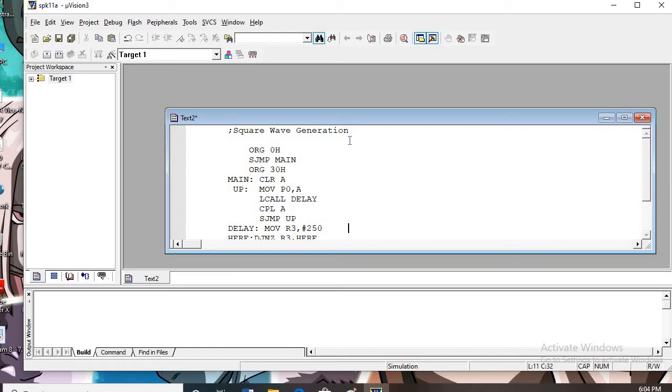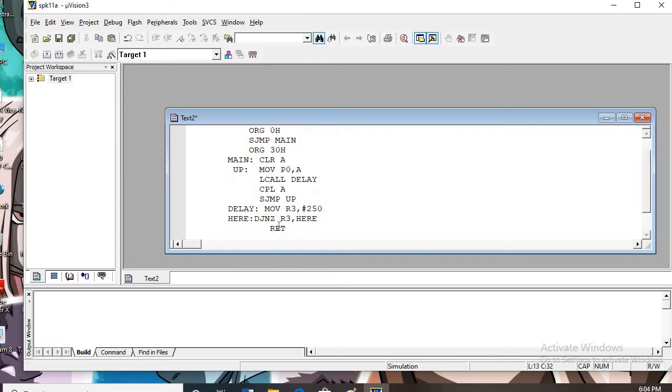Jump back to again copy those contents to P0. And I am writing CPL. So because of that, if earlier it was 0, it will become 1. And if earlier it was 1, then it will become 0. So continuously it will go on doing. And this sjmp is going back to here. Delay routine will be here, and what the delay routine is doing, it is decrementing the counter until it becomes 0. And for that, how much is the value for counter? We have set to 250. So 250 times it will get executed, and then just it will go back.